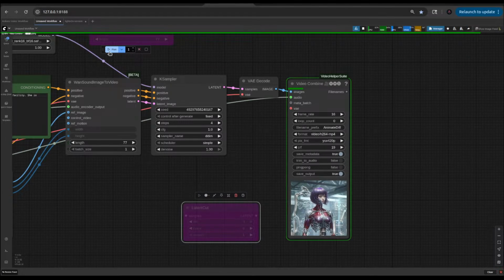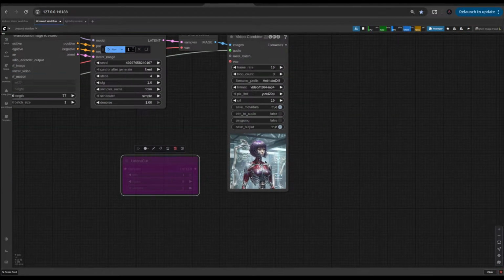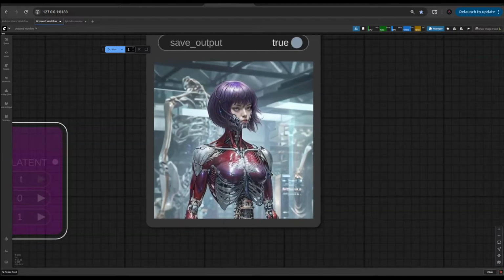Now run it again to add the audio, and here you go. Medical facility on Ganymede. We offer the most welcome to the most